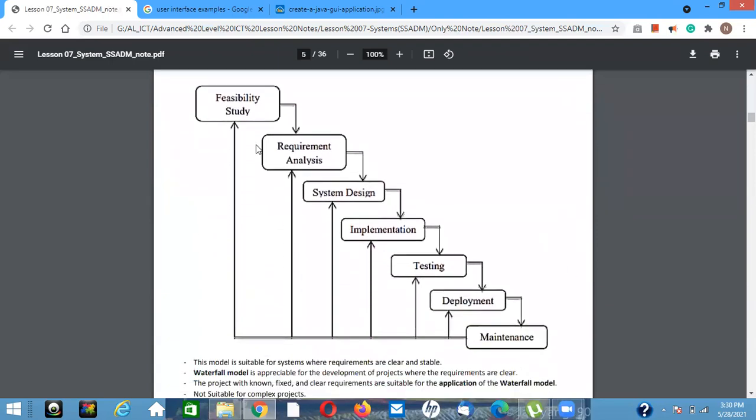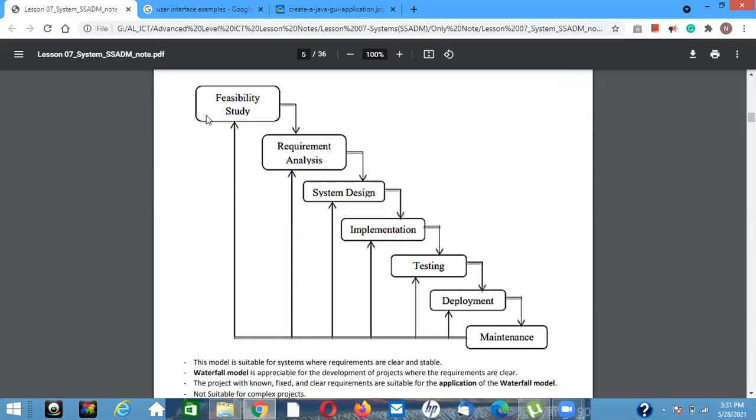Most of the time it starts from the feasibility study. Later, when we discuss methodologies, I will describe what is done at each stage. For now we will only go with the names. Start from the feasibility study. Here you can see some overlap.